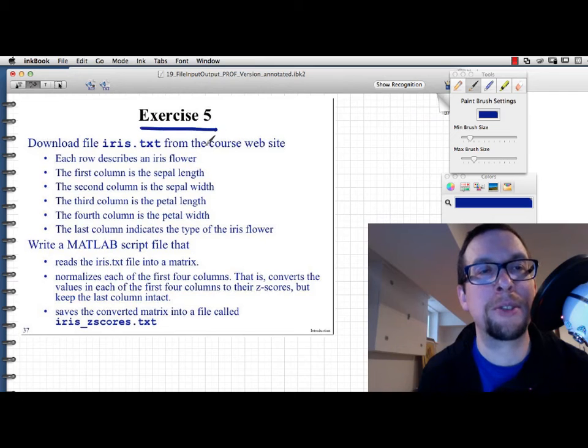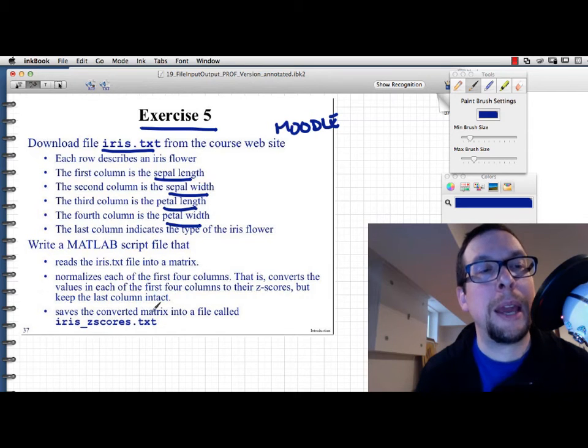Okay, here's the next exercise. Exercise number 5. Download the file iris.txt again. All right, so that was from Moodle. Each row describes an iris flower. We talked about the sepal length. We got the sepal width, the petal length, and the petal width. And you want to read that